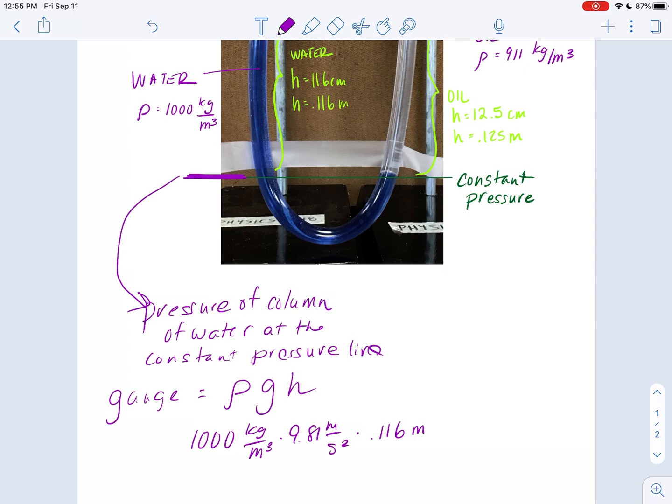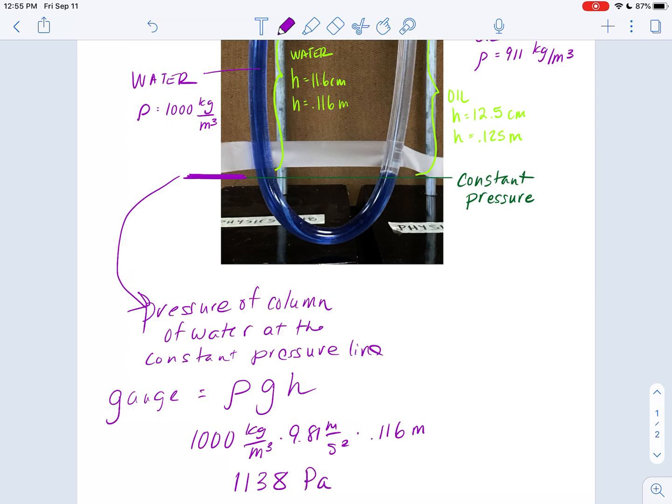Okay, let me get out my calculator: 1,000 times 9.81 times 0.116. So I got 1138